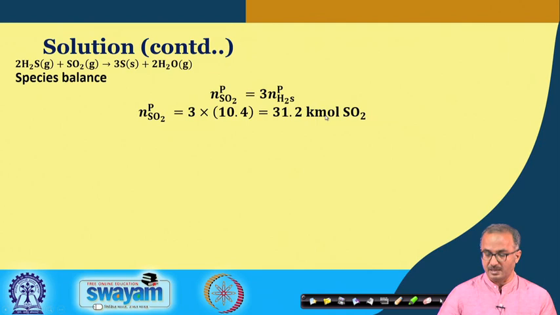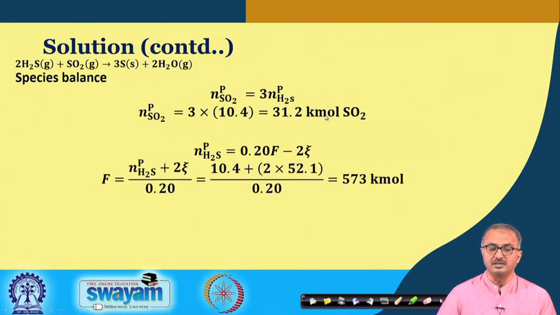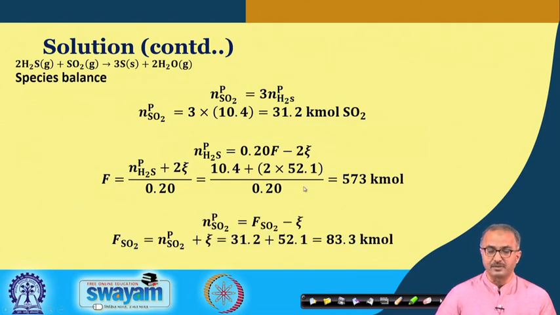So here we get the amount of sulfur dioxide, then we come to the H2S, and here for the H2S we write this because we know how much H2S is present in the feed. So we write that 20% is there, so 0.2 into F, and from that we find out the amount of feed. And then similarly we go to the product side and we have seen how the product and feeds are related.